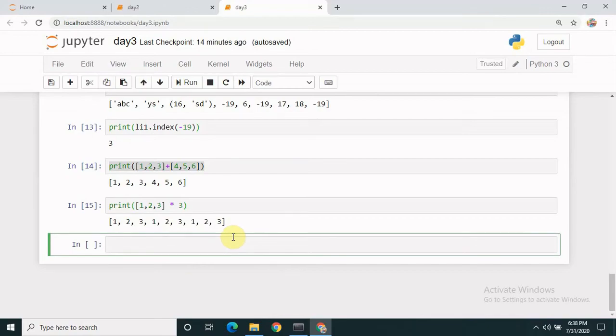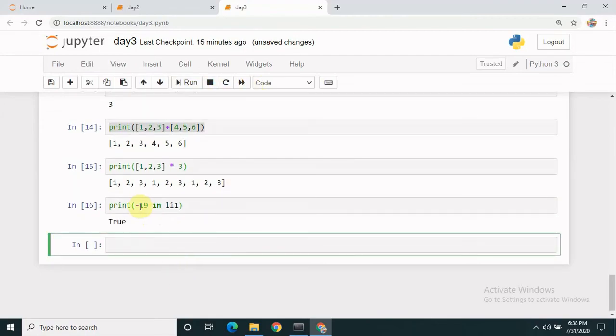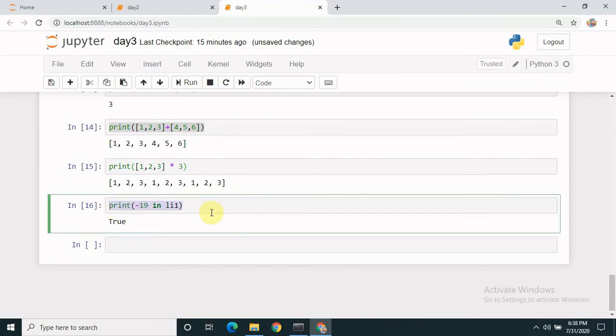And this is not commutative. And of course, membership testing, to check whether the element belongs to the list or not, or for that matter tuple also.